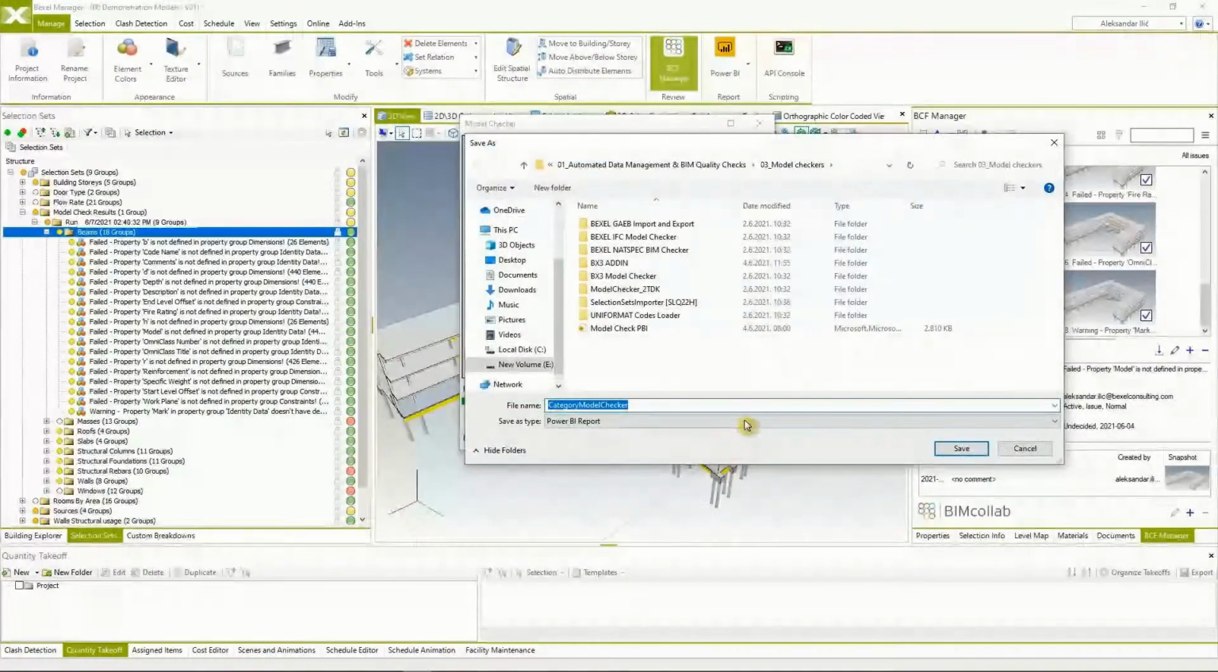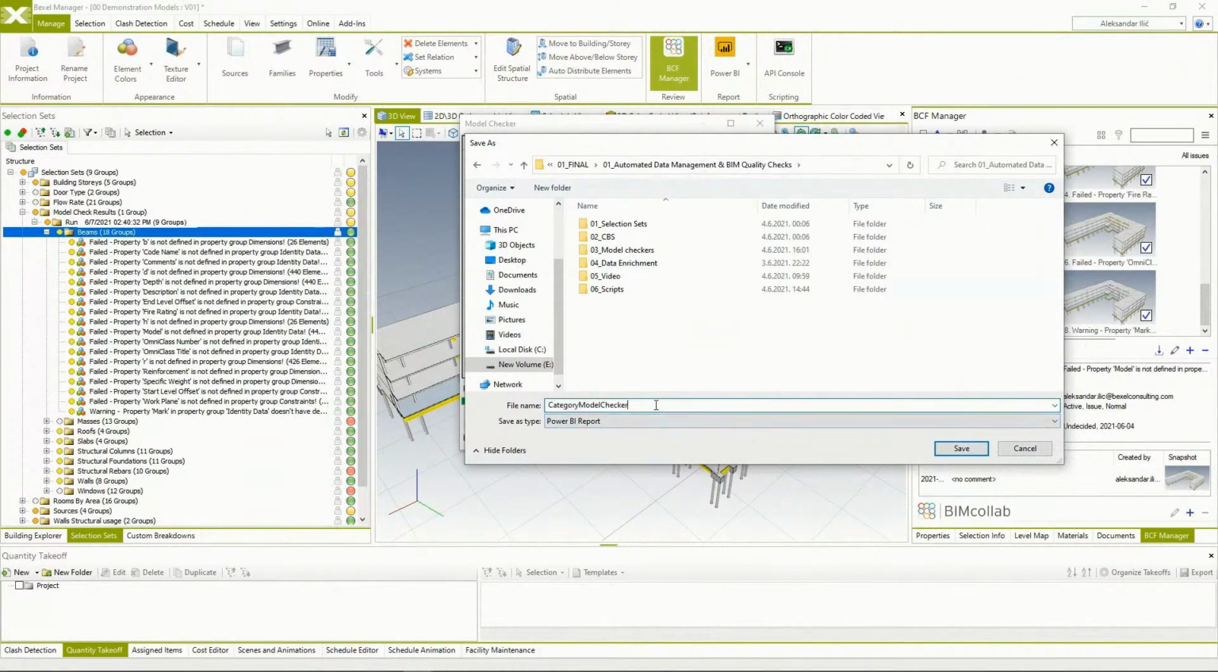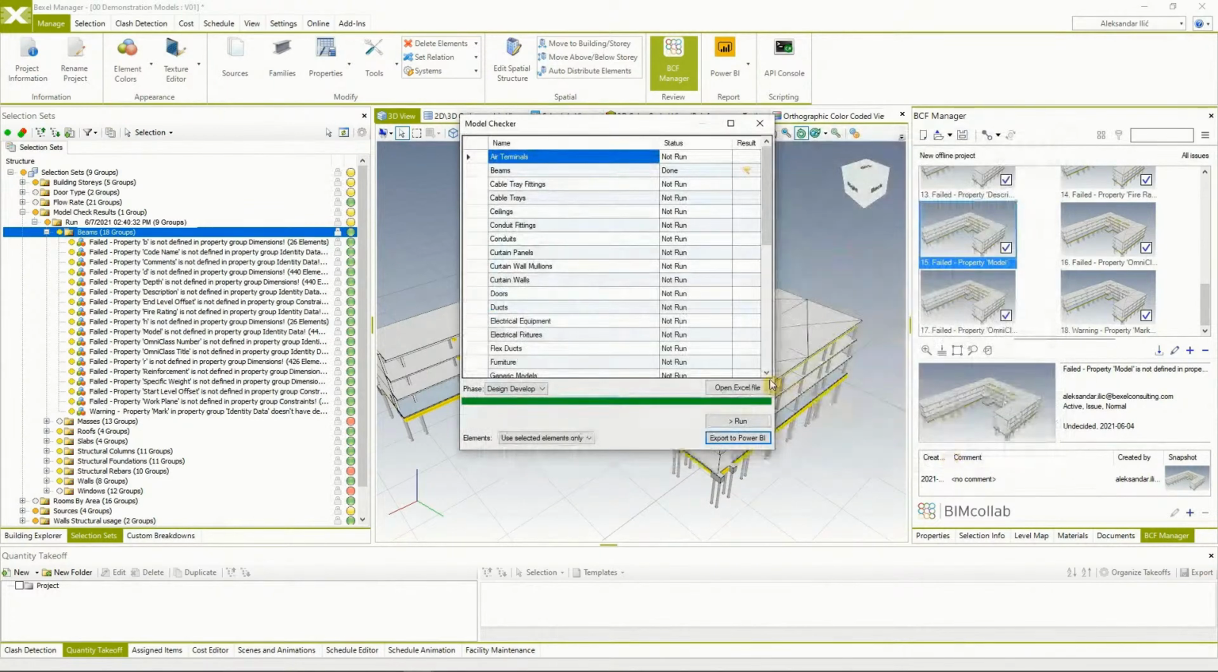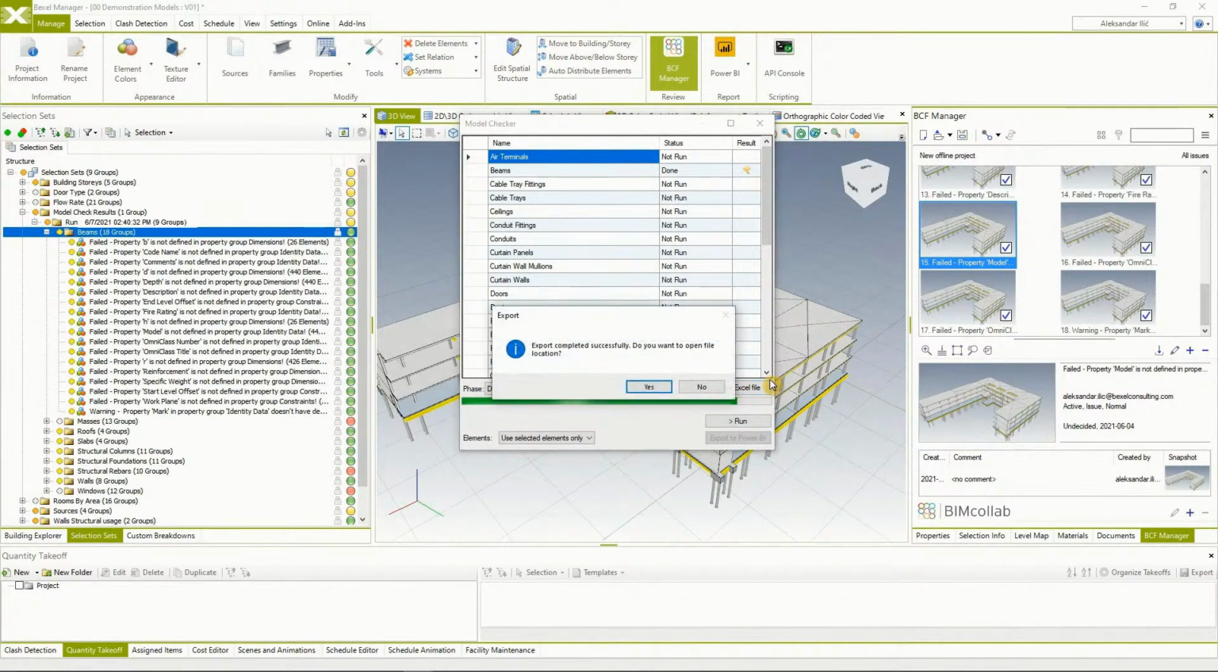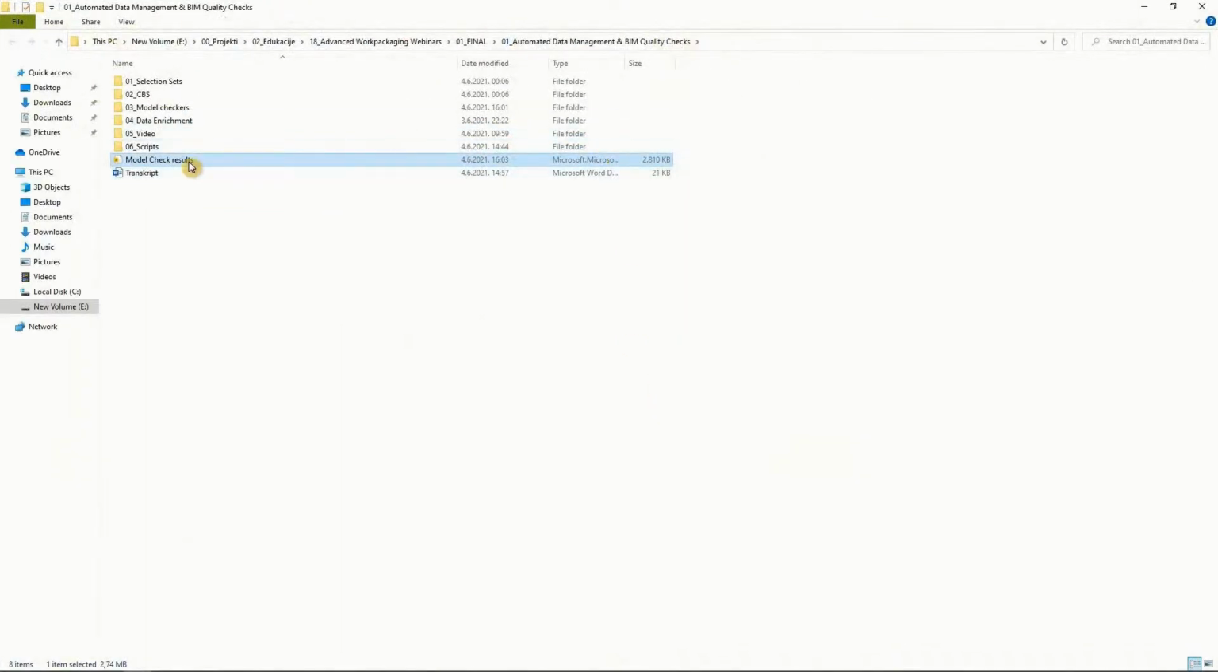And besides results in the form of selection sets, there's also the possibility to export data into a Power BI report. So we're going to just name it Model Checker Results. Click Save. And the add-in will perform some additional analysis and export data into a Power BI template, where you're going to have a detailed analysis of all the clashes and statistics about the percentage of errors and the percentage of well-defined properties in